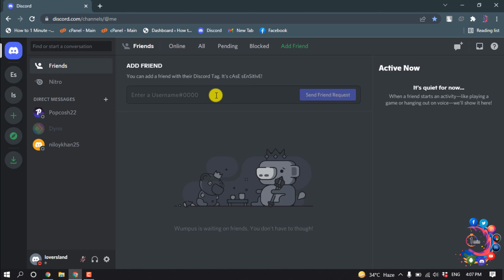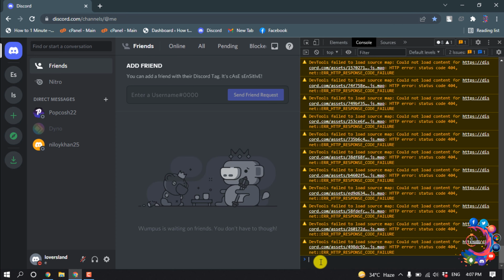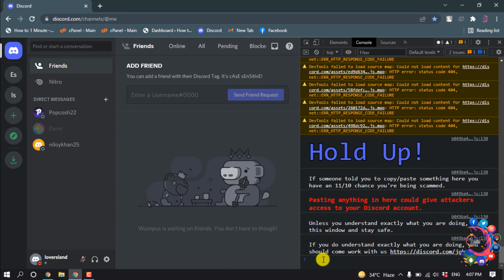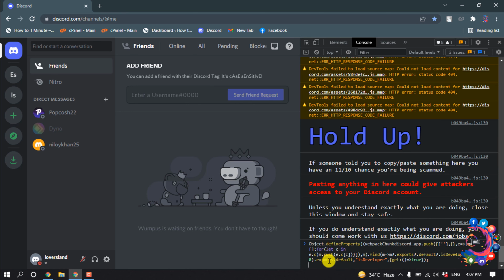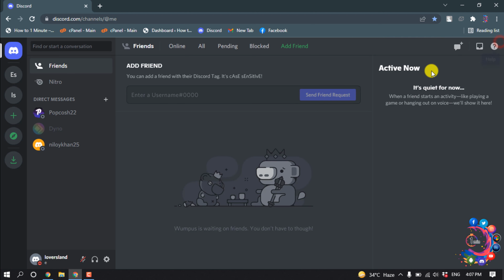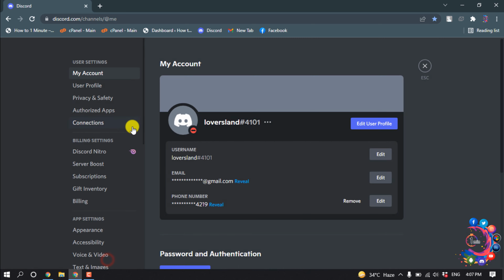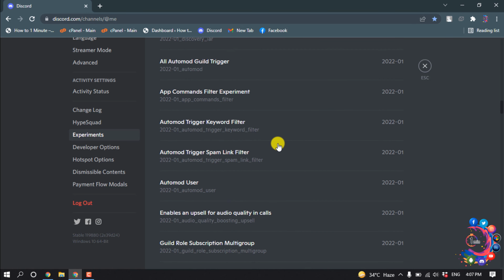First of all, you have to open Discord on browser and then press Ctrl+Shift+I at the same time, and the console will open up here. And now here you have to enter a code, and you will get this code in video description below. So paste the code here and hit enter, and after that close the console mode and now go to your user settings, scroll down, and here you will get this new option here, experiment. So click on it and scroll down,